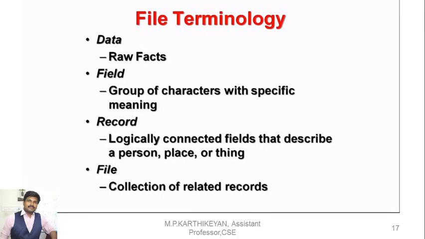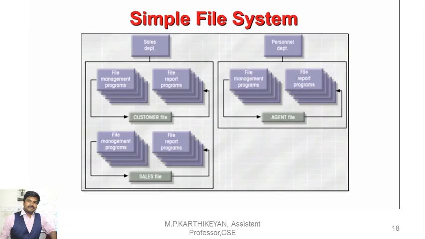But in DBMS, a record is the combined attribute data of a single particular entity. Or in other terms, a single row is called a single record. In the file system, a file is nothing but a collection of related records together. All the records which are related together are combined to create a file. So these are the terminologies available in a file system, and this is how a file system actually works.